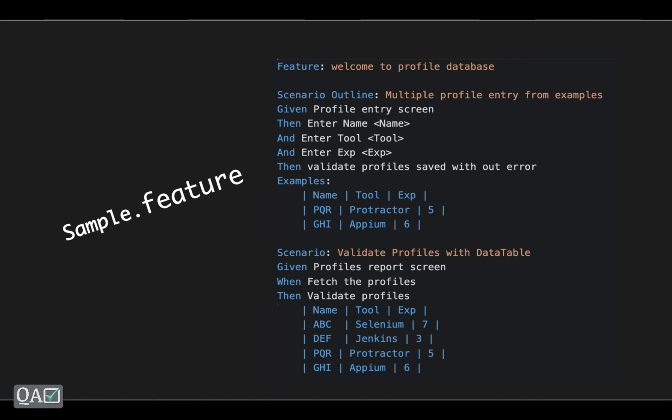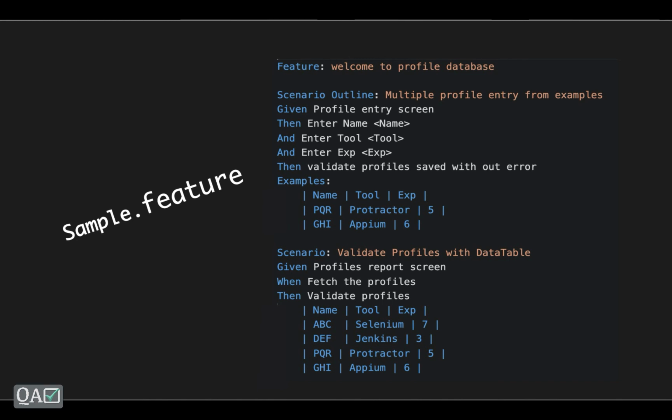Try to write your own feature files the way you feel. Take up any functionality. Here I took a profile database, but you can take a login scenario. If your organization is implementing BDD, you have to be very familiar with creating these feature files, because as I have seen in different organizations, it's not mandatory that the BAs or the product owners will always write the feature.